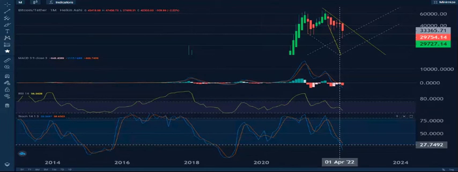Does that mean that we can't just go up to 100,000 right away? Well, Bitcoin is a very volatile asset. It can do anything. However, the data is suggesting that there's a lot of downside and a lot of hurting to come. So I know you didn't want to hear that. No one likes to hear things that go against their beliefs, that they want something to go up, they want to make $1 million, but the facts of the data are suggesting that we are about to head down